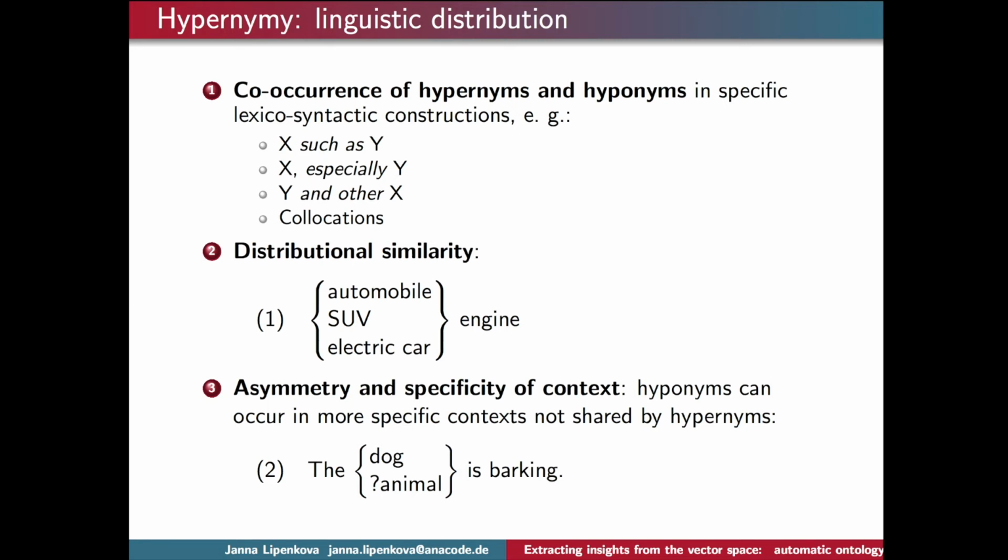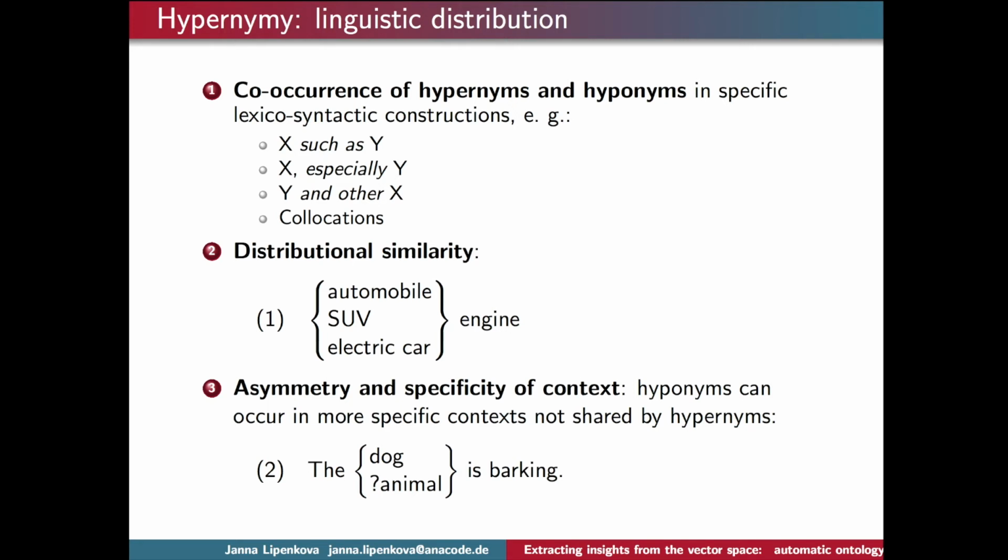So the third property is asymmetry. Especially for distributional similarity, we're on the symmetric side, because when one item is similar to the second item, then it means that the second item is also similar to the first item. This is not what we want in the end for hypernymy, and thus we need to bring in the asymmetry.